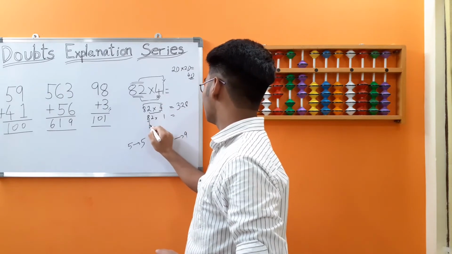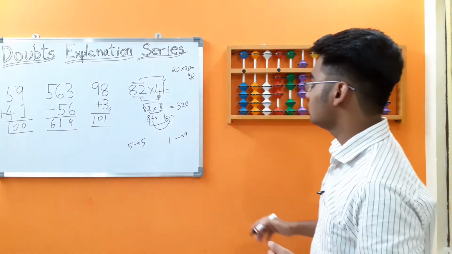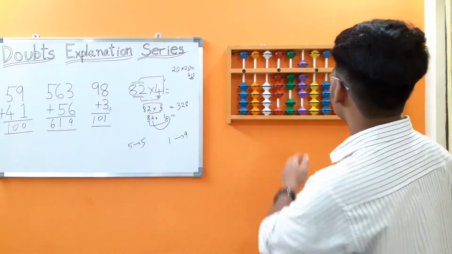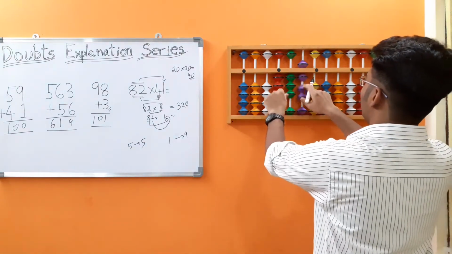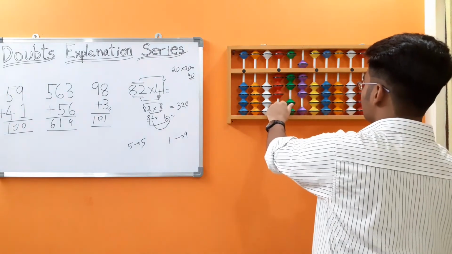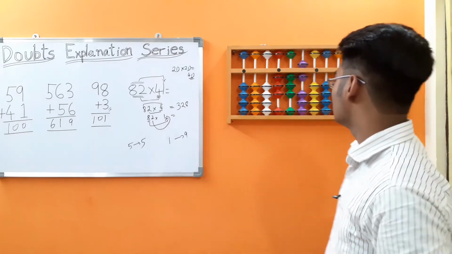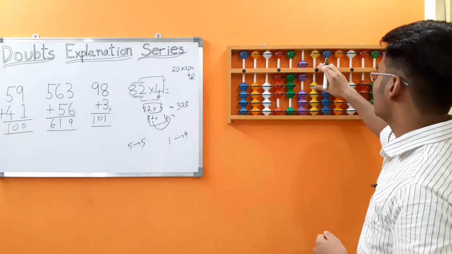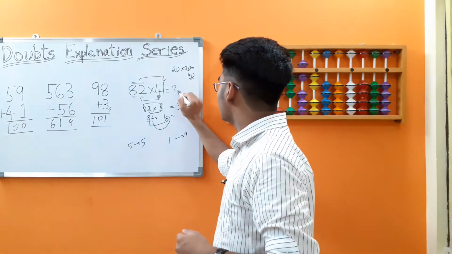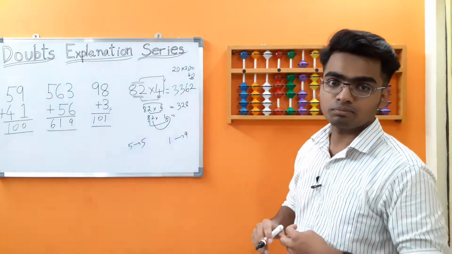Next up we have 8 into 1 and 2 into 1. This will include multiple zero rules. 8 into 1 is 08. If you didn't catch this, I used big friends. Add the boss 10 less 8's friend 2. 2 into 1 is 02. 0 on tens rod and 2 on units rod. Got the answer as 3362. Let's move on to the next sum.